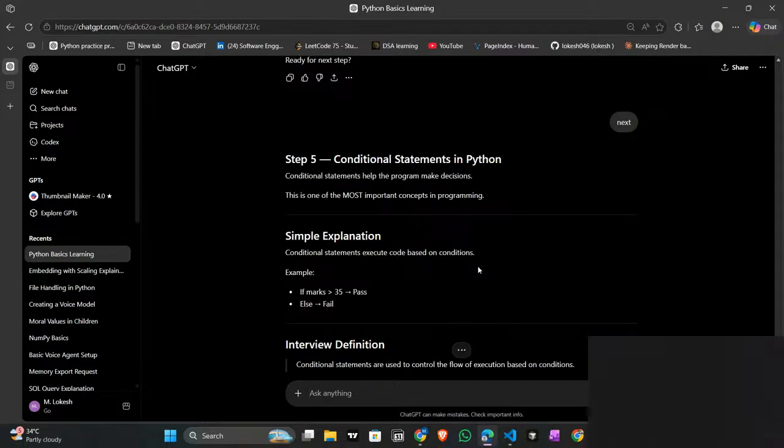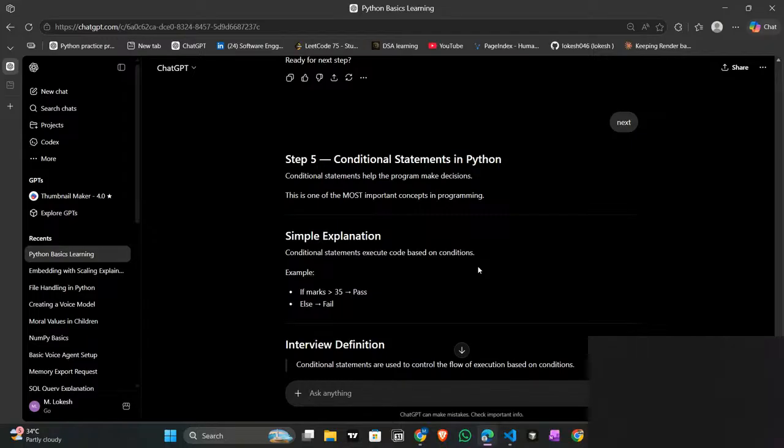The conditional statement in Python. What does a conditional statement mean? A conditional statement helps the program make a decision. Let me move on to a real-world example. If you go into a bakery, there are two options: buy a cake or not. If you buy a cake, the bakery will pack the cake and give it to you. If not, they will ask, what do you want, sir? Can I help you?